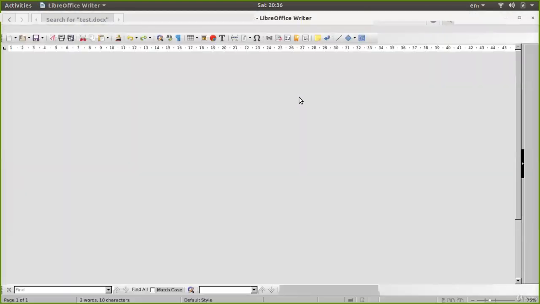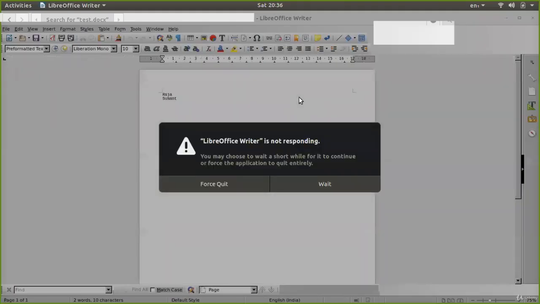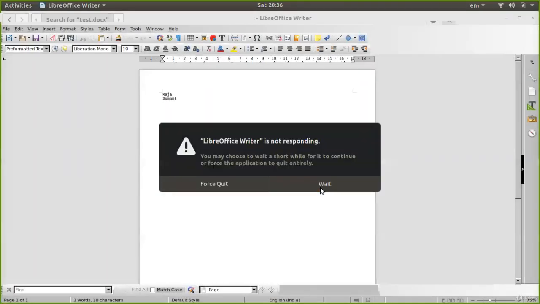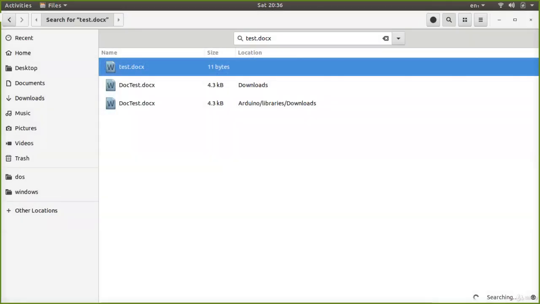So it's opening up. Okay, so it says Raja and Snow. Okay, so this is how we create files in Python inside write mode. Okay, so now let us try to move on